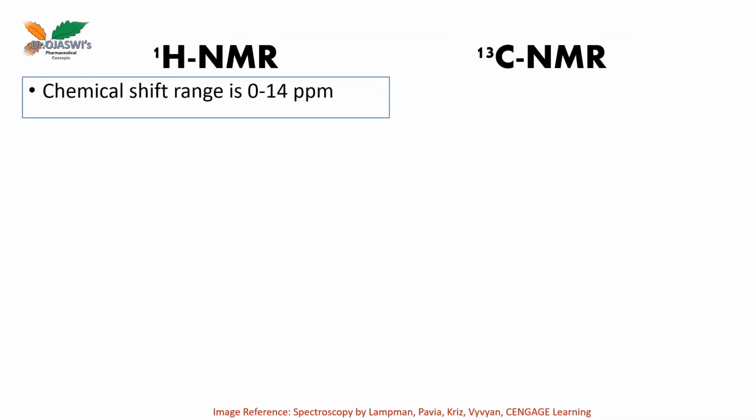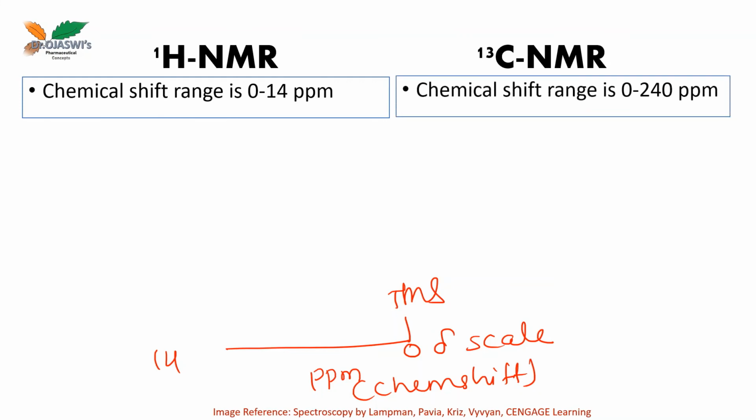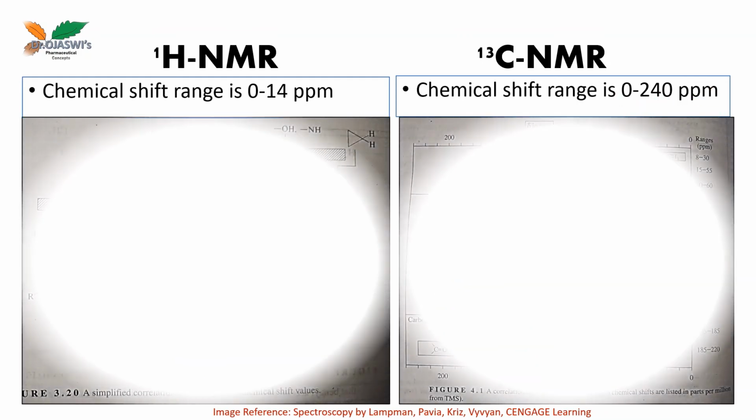Next comparison is with respect to chemical shift range. We know that the delta scale, which I just now mentioned, is 0 to 14 ppm, this is the chemical shift on the x-axis. In case of 13C NMR, this chemical shift range is 0 to 240 ppm. So if you compare this here,